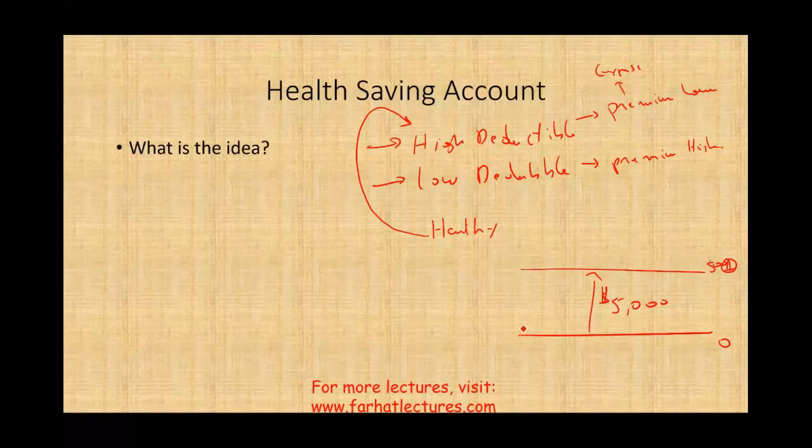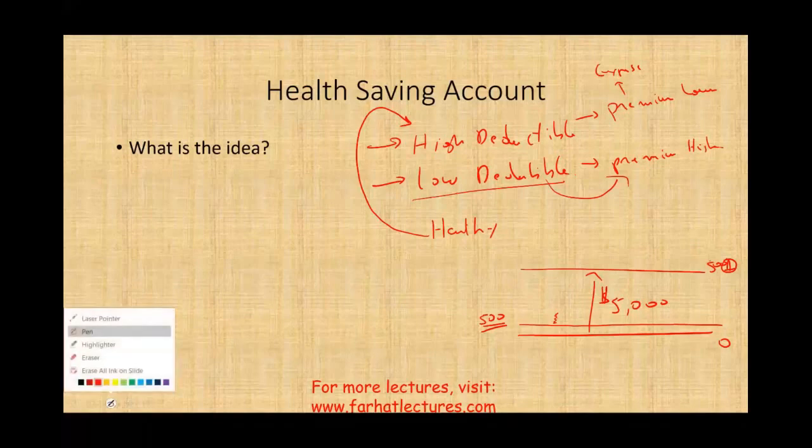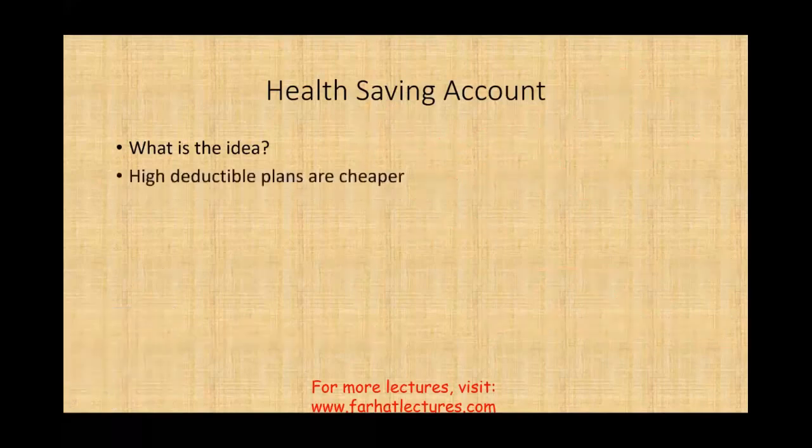Low deductible means you might have to pay only maybe $500 out of pocket. After you incur $500, the insurance company will start to cover you. But for a low deductible plan, you're going to have to pay a lot for that because the insurance company is intervening after $500 of medical expenses. So we have to keep in mind that we have a high deductible plan and a low deductible plan. A high deductible plan means you have to pay more upfront from your pocket before the insurance company kicks in. With a low deductible, you might have to pay $200 to $500, maybe $1,000, then the insurance company will kick in, and that's per year. So high deductible plans are cheaper.